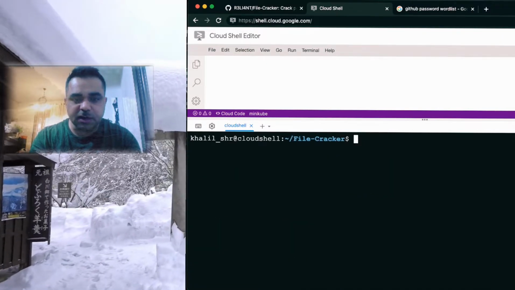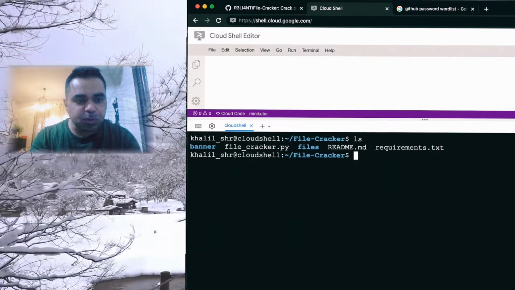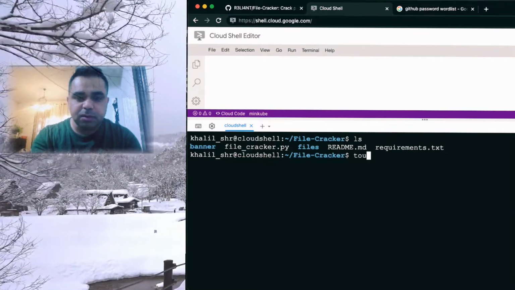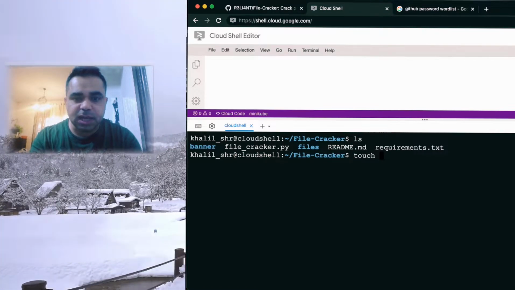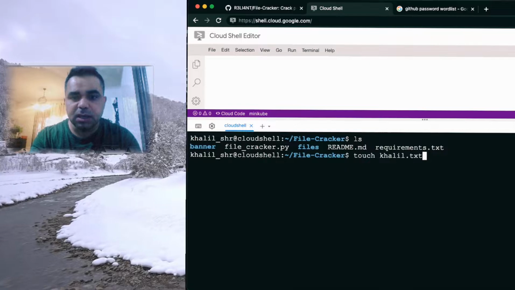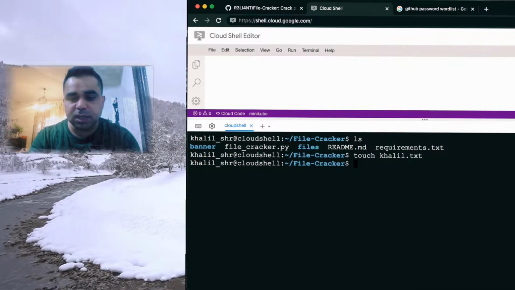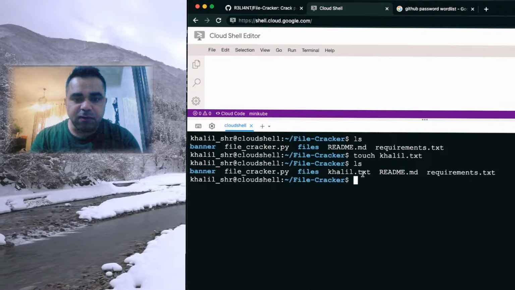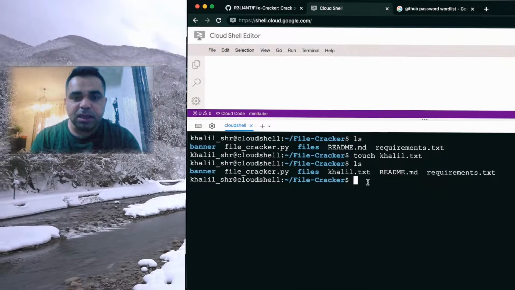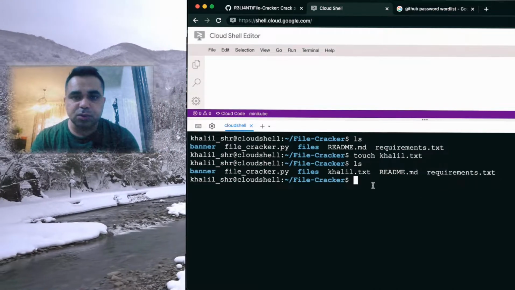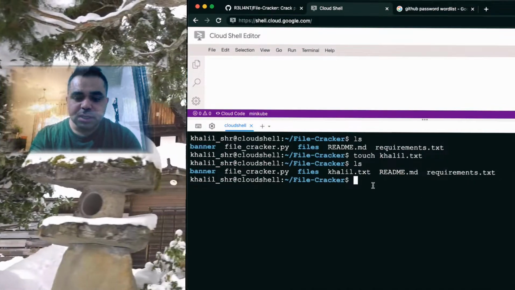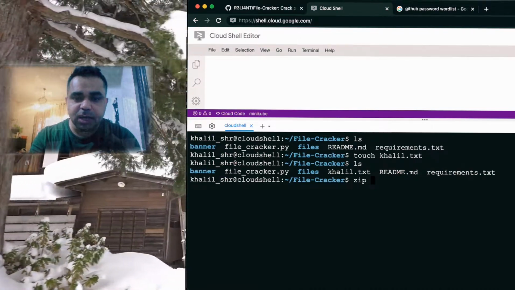Let's clear the screen to make it more clear for you to see. Now let's create a file, khalil.txt: touch khalil.txt, and here is our file. Now we need to add this file to a password protected zip file. To do this I'm going to run this command: zip --encrypt